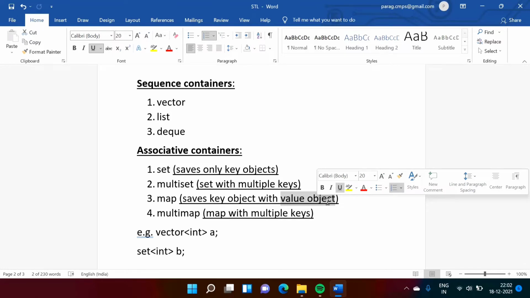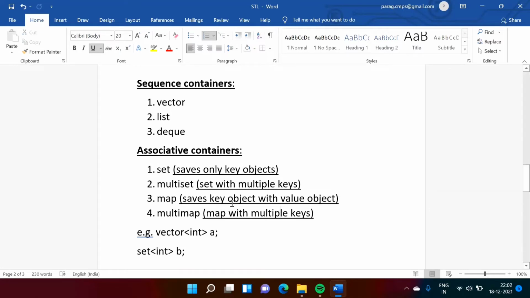So Maharashtra, Mumbai, Karnataka, Bangalore, Kerala, Thiruvananthapuram, something like that. So when we have the keys and values, data is saved in terms of key value pairs, and that is called a map. So in a map we have pairs of data, key value pairs, while in a set we are saving only the key objects.